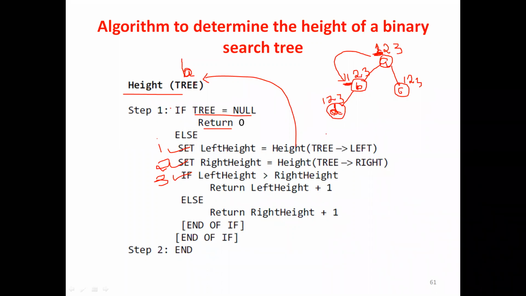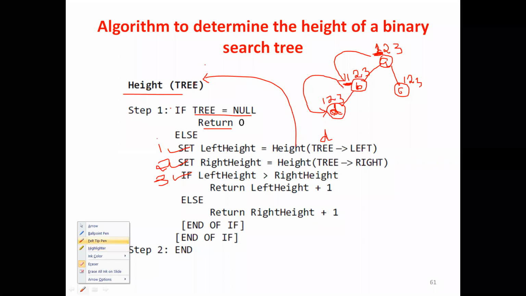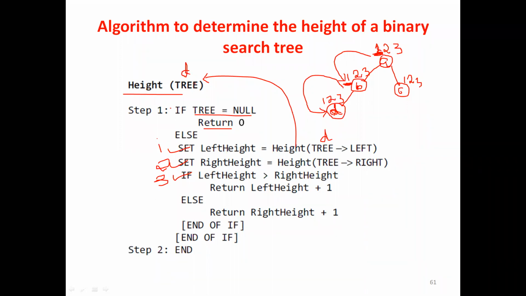Once node B is in the first step, we are passing the D. Again it is called. So from node B it moves to D. Let me erase and write it as D. Only the first step is executed; steps 2 and 3 are not executed, since it is recursive. Again it is coming for the node D.